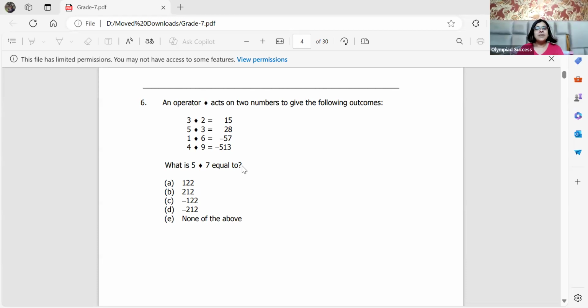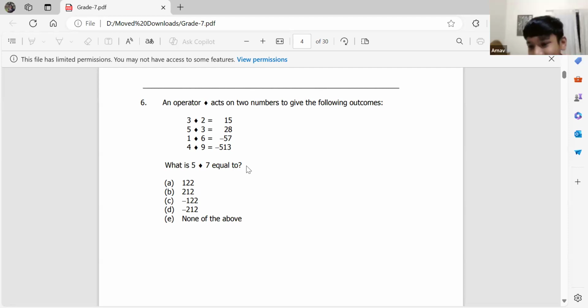Arnav, you will kill me if I say that you don't have to use any algebra here. I'm sorry. I was just tricking you, and I keep doing it with all my students. So we better be habituated. You don't have to use any algebra. You have to look at the digits of the numbers. This time I'm not tricking you.